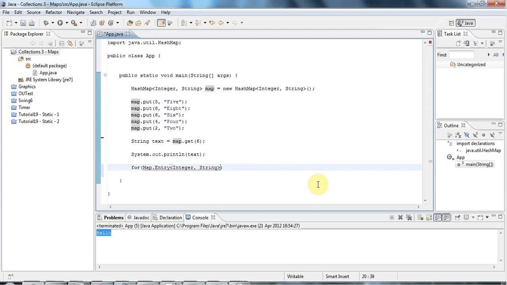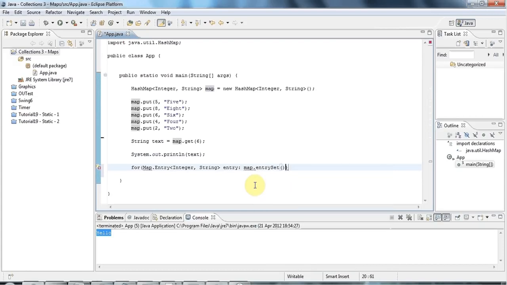I'm declaring a variable of the type Map.Entry Integer String. So let's call this entry and put a colon there, because this is a normal for each loop. And here I put the thing that I want to iterate through, map,